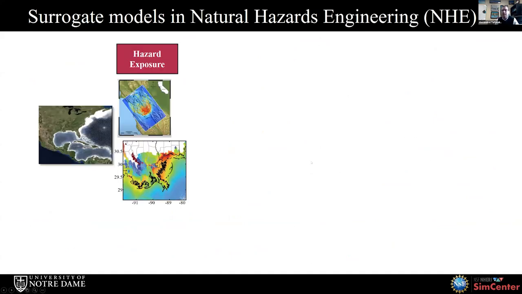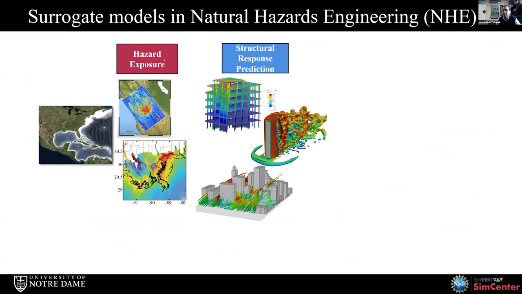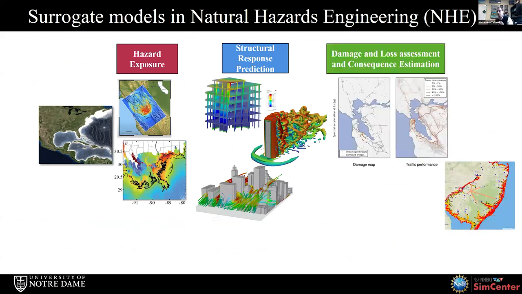In natural hazard engineering, you might think there are a variety of things that you can surrogate. Perhaps for the exposure, surrogating a numerical model for storm surge, or something related to earthquakes. The most typical implementation is surrogating the structural model predictions, and you can also surrogate the damage and loss assessment or the consequence estimation of a complex network. Of course, many times in natural hazard engineering you have problems that go across all these three modules. Always the advice is